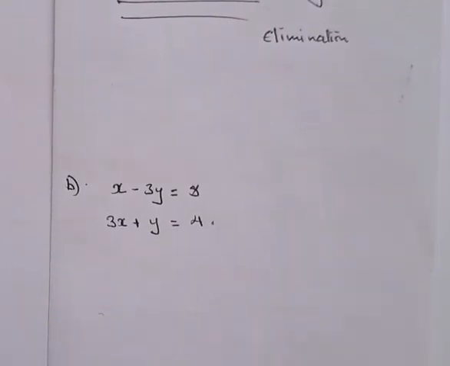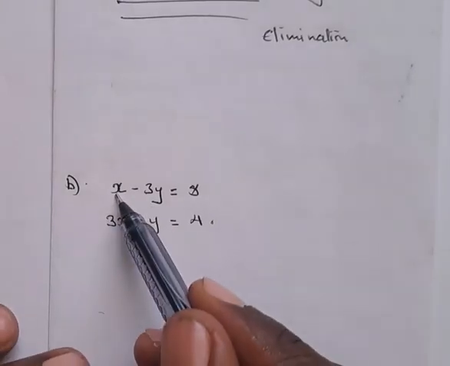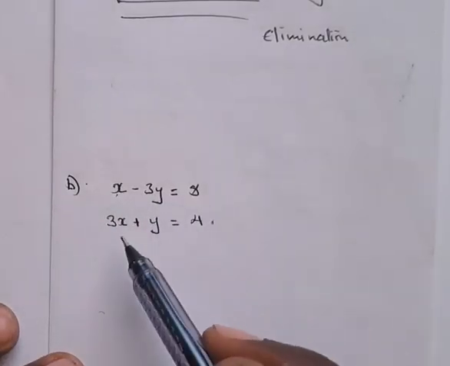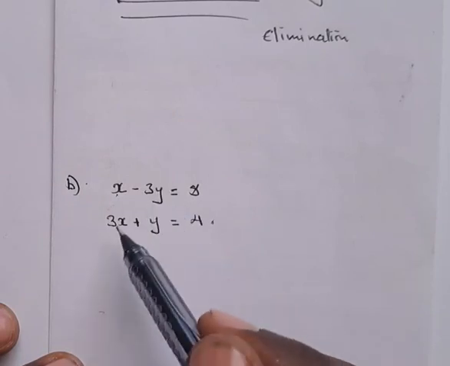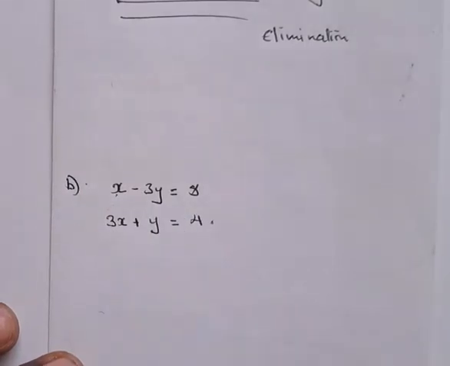Okay, now here becomes a challenge. So we have x minus 3y is equal to 8, as well as 3x plus y is equal to 4. So we have no pair that have the same coefficient there. Of course, using the elimination method, we can make them to be the same, but it does not look that way. Let us use